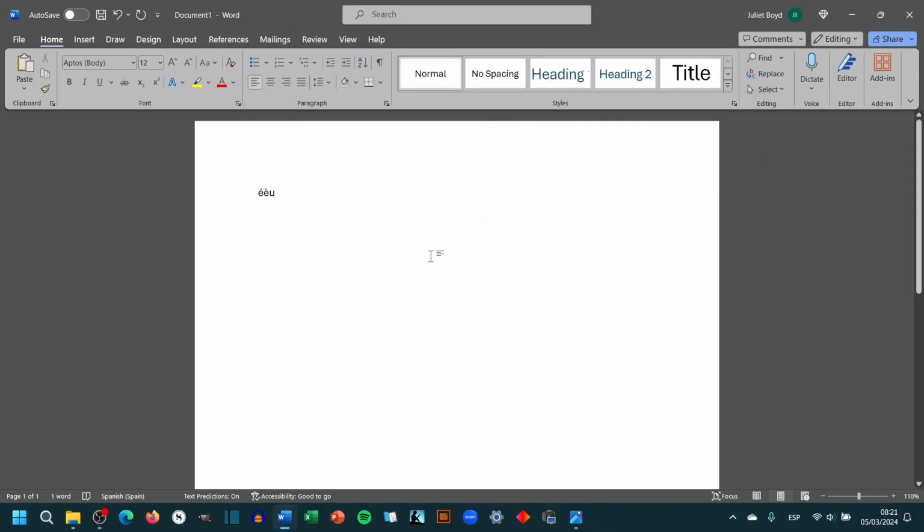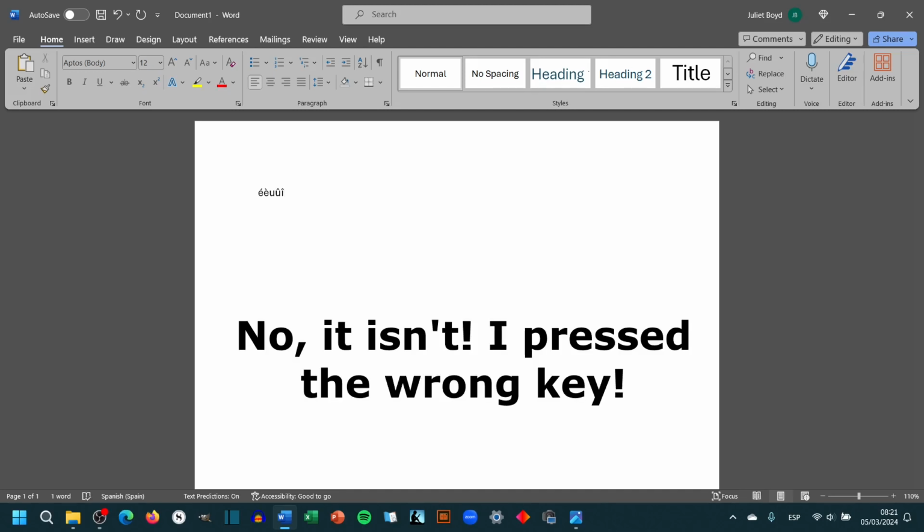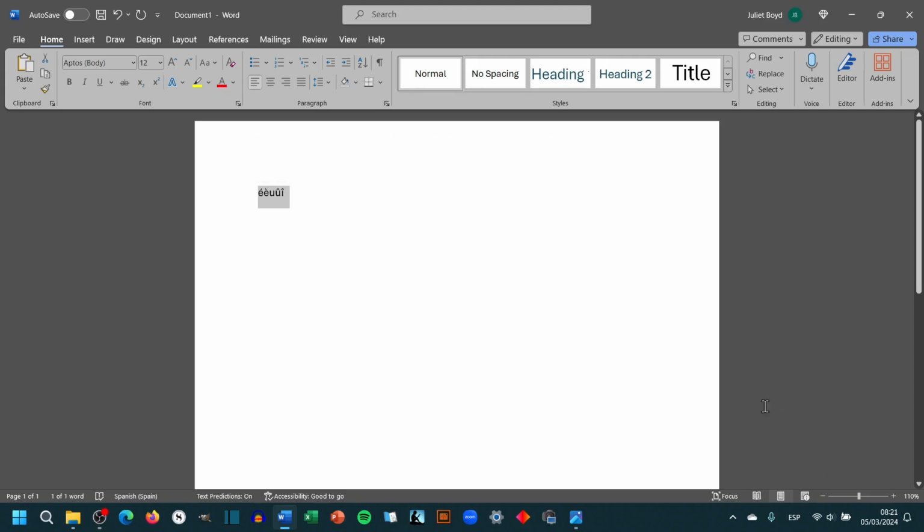And if you don't have the keyboard up and you do the same thing, so that's one thing to bear in mind. It's the same also with the diaeresis, which is, I think, there. Okay, let's make those a bit bigger so you can see them.